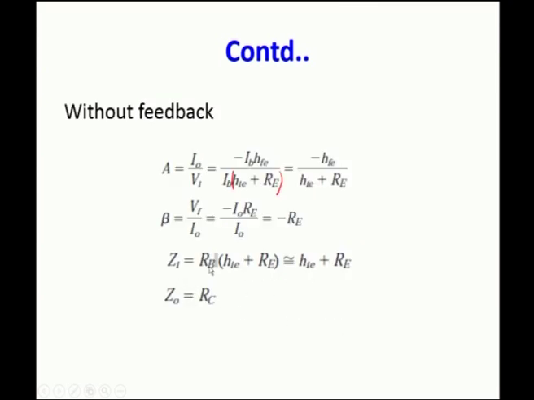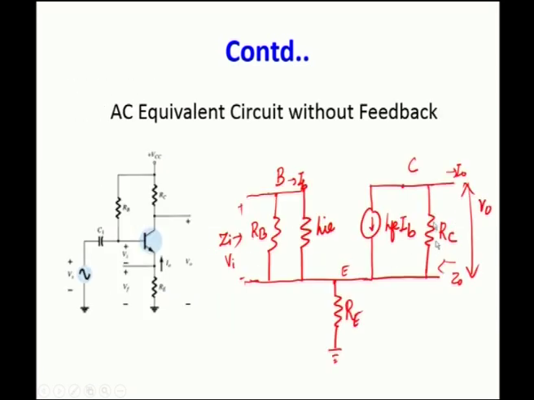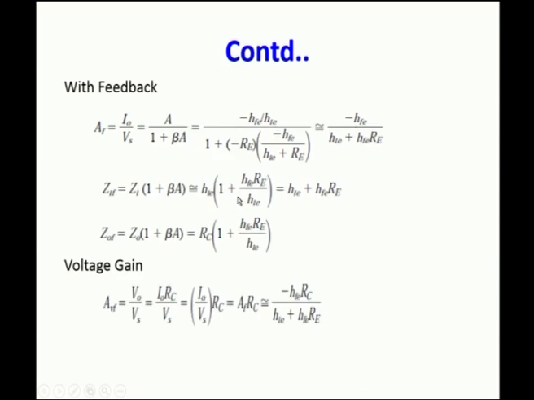And this RB is very low when you compare it with these two parameters, RE. So, it is neglected. And what is the output impedance? It is only RC. So, it is the output impedance. So, these are all the parameters without the feedback, and if it is with feedback, if you calculate it, we